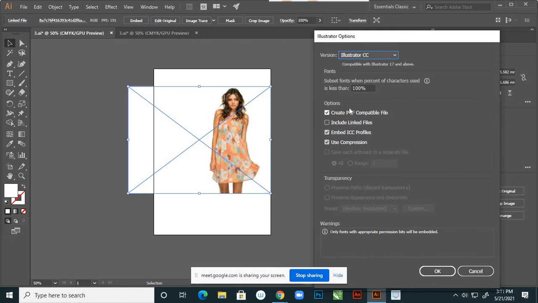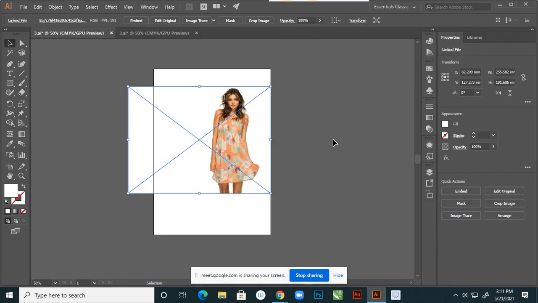Suppose you give the tick mark, then your file can be saved in that particular file with the link. Suppose you are not giving that link, whenever you try to open that file, maybe you cannot open it, you cannot see that file. Instead there will be a dialog saying the linked file is missing. So always try to give that link if you want to work with real-time projects, don't forget. So always give the link. That is the main difference between linked files and direct embedding files.